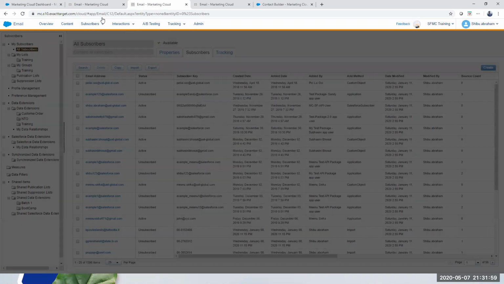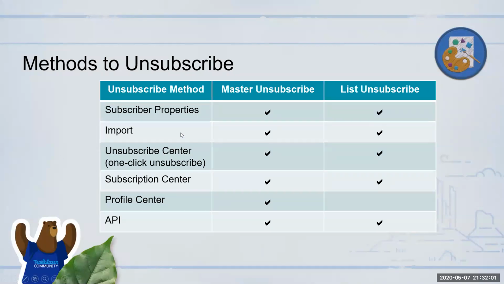Okay, let me see here. And then when you import a particular subscriber, you can change the status, and you can map the status to the profile attribute. When you map it in, you can mark that as unsubscribed as well. Sometimes you might say this particular person has bounced, and you don't want them to receive any communication. You can export that data out into a CSV, change the status to unsubscribed, and then import that back into the all subscribers list. So next time that person will not receive that email.